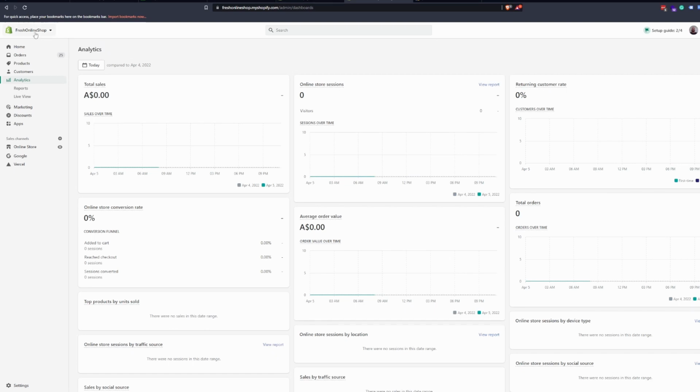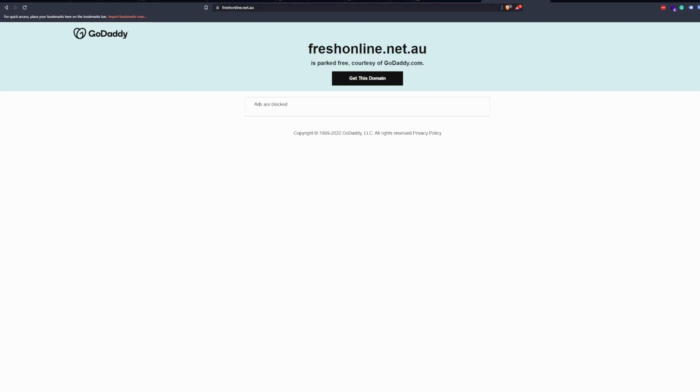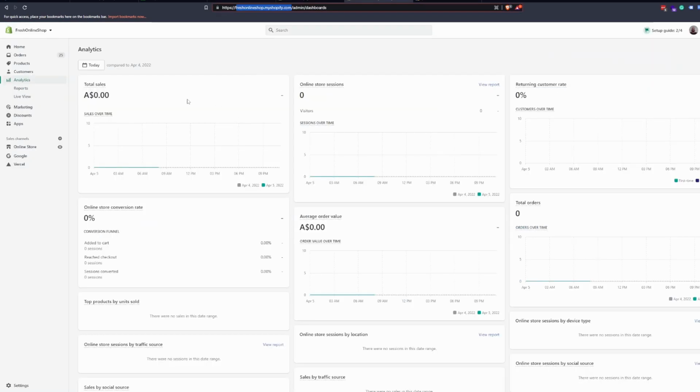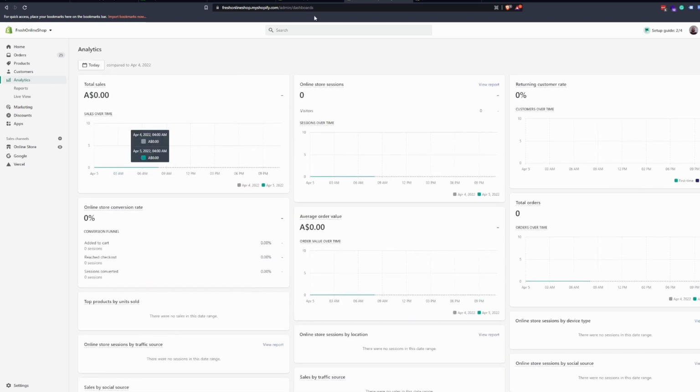the analytics are broken because Shopify is looking for, here we go. So if I grab this one, freshonlineshop.myshopify.com, if I just plug that in, and actually spell it right. Yeah, so it redirects to freshonline.net.au, and there's nothing there because we've built a custom front end. So the analytics engine is looking at the wrong domain and it won't see anything, which means that you need to find another analytics plugin or analytics platform to look and measure the way that your customers are interacting